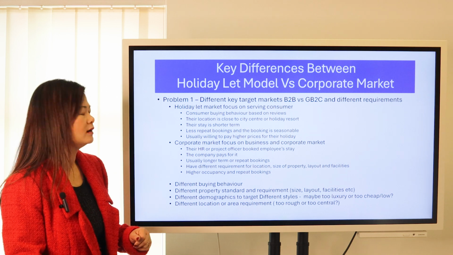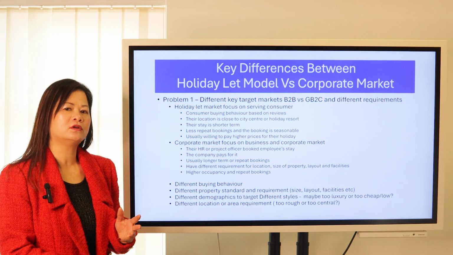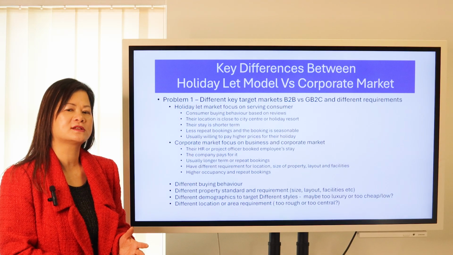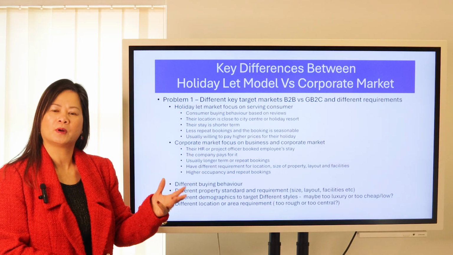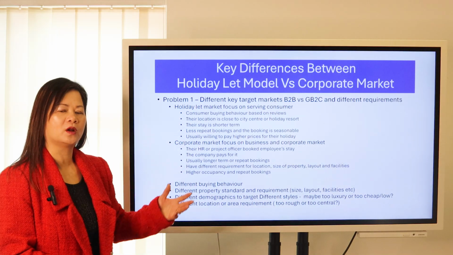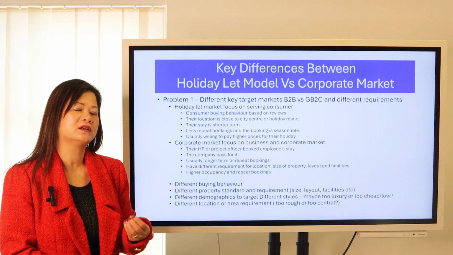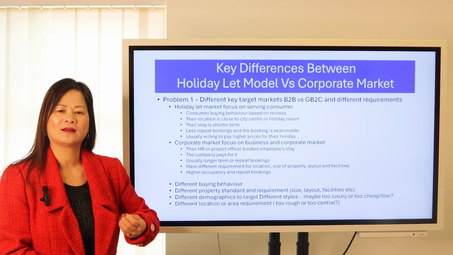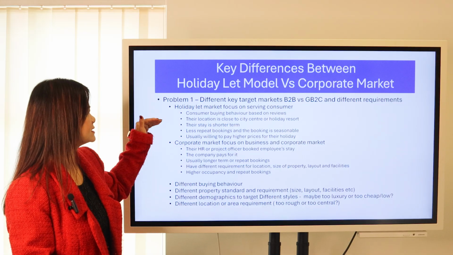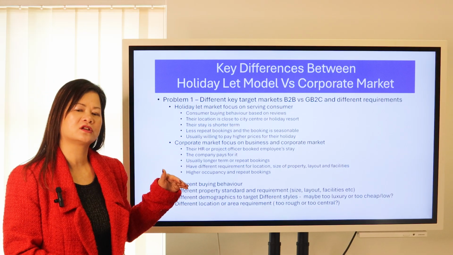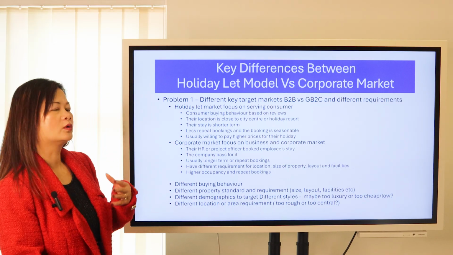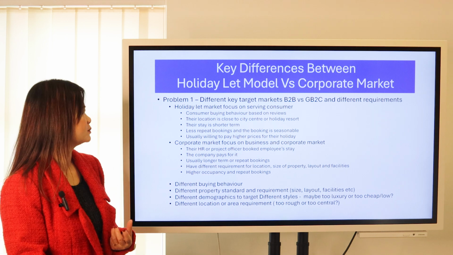The second thing is that they look at the location more, because they save up a lot of money for the holiday. They want to have a good experience. Some of them will take public transport, others will be driving. They will want to know that the location, usually where they're going for either a city break, a weekend away or a beach holiday, whatever it is, is near enough to where they need to go. So they pay for the convenience, basically.